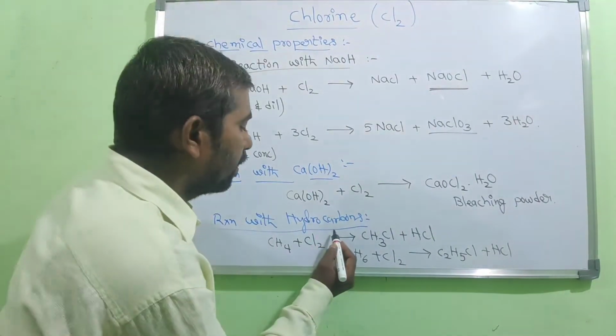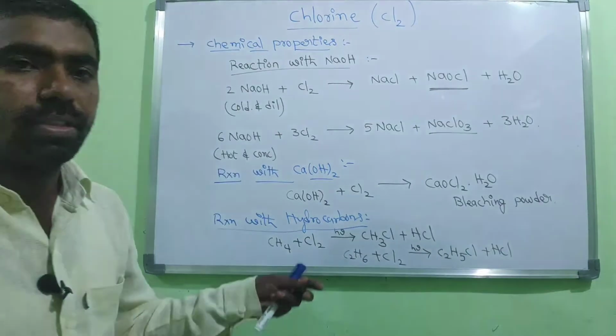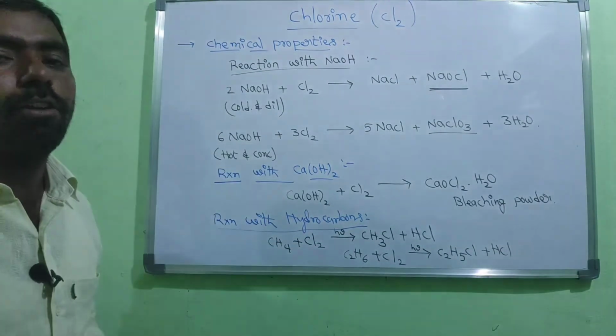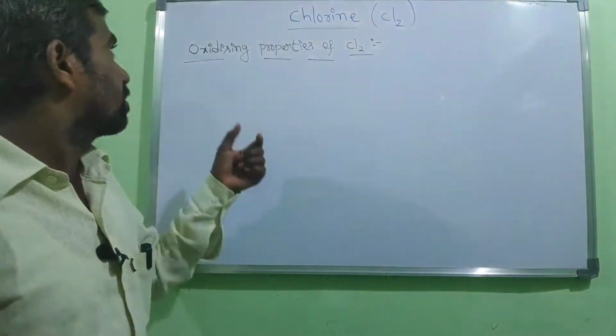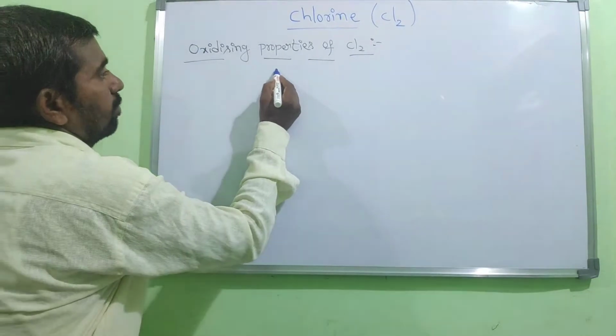Generally these chemical reactions occur in the presence of sunlight. In the presence of sunlight, these chemical reactions occur. That is about the reaction between chlorine and hydrocarbons. Next one is the oxidizing properties of chlorine. So here I am writing,